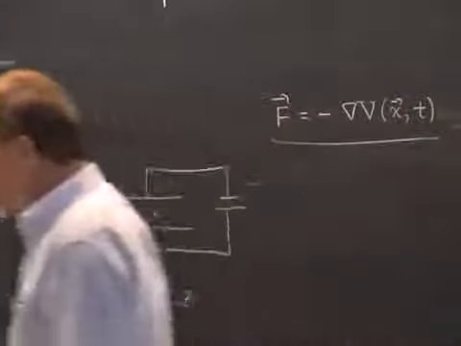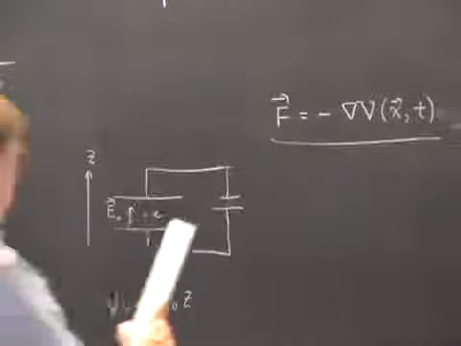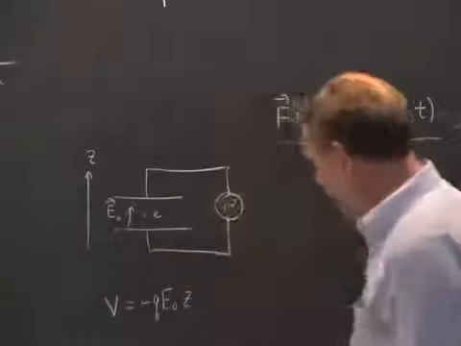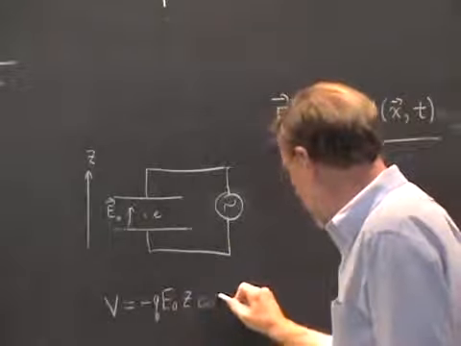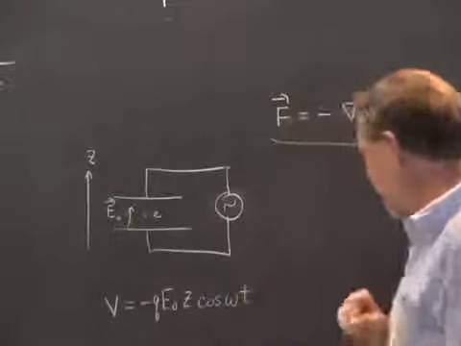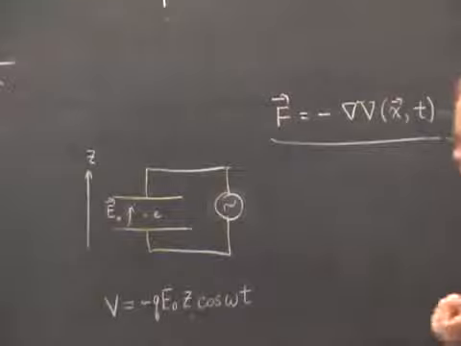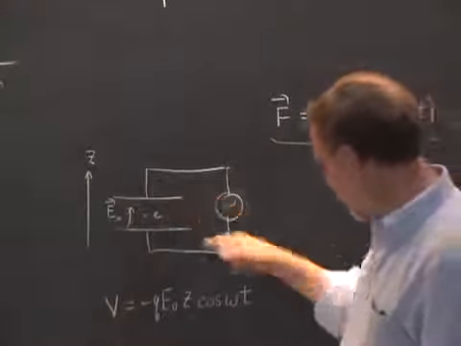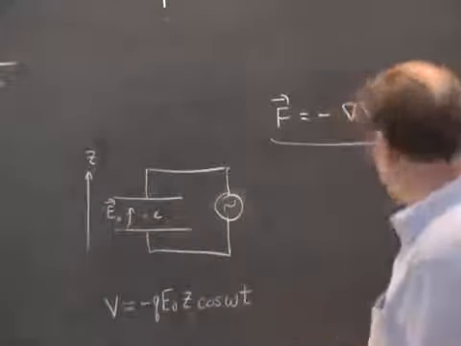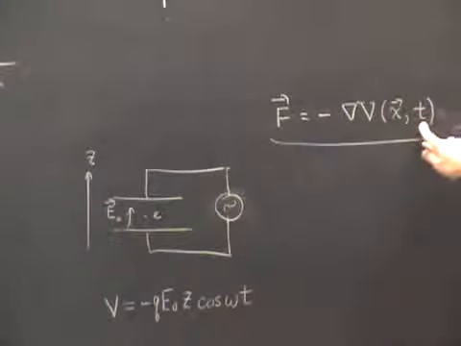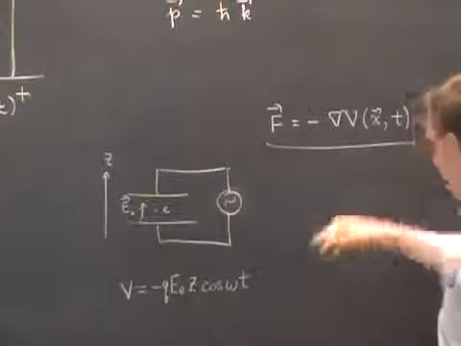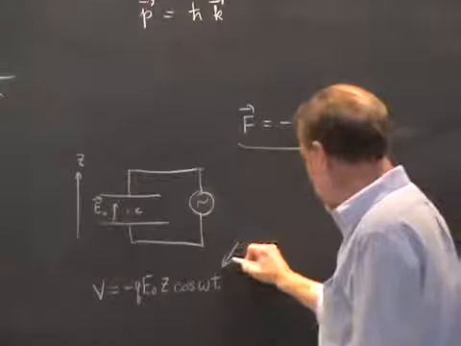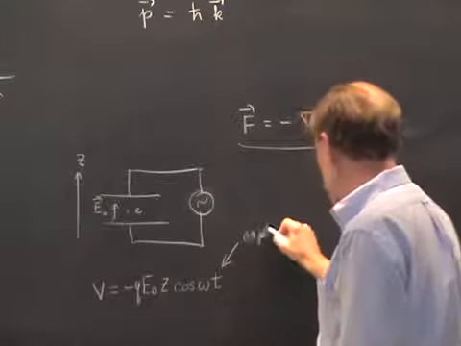Now, on the other hand, if we put an AC voltage on the capacitor, and don't make the frequency too high, then this potential can get replaced by what I had before, but multiplied by a cosine of omega t factor. This means, of course, that the force on the particle depends not only on where the particle is, but also on the time, the phase of the wave. So this is an example of a potential that does depend on time. This kind of time dependence doesn't have to occur, because you could have a DC situation, but when it occurs, this is called an explicit time dependence.